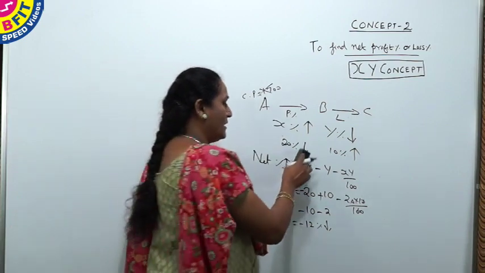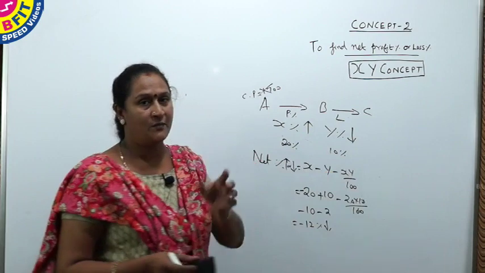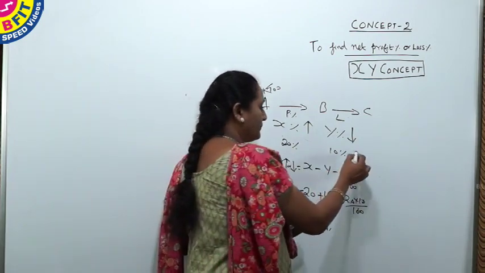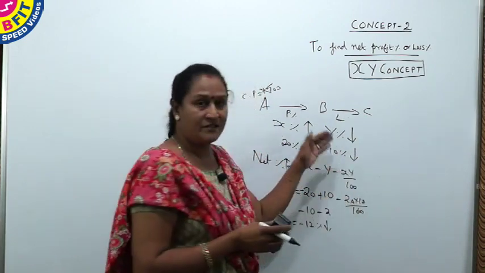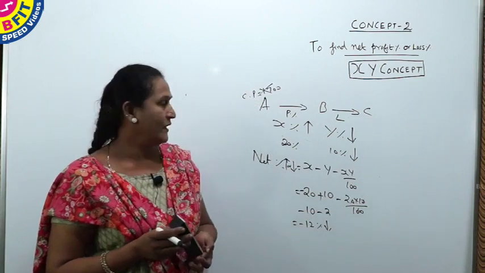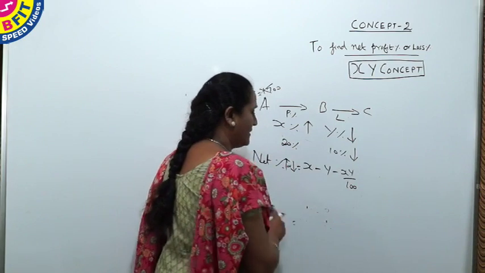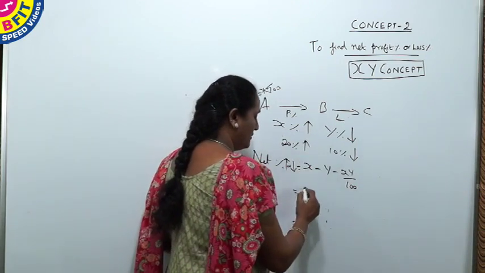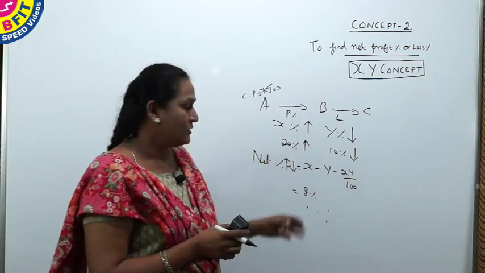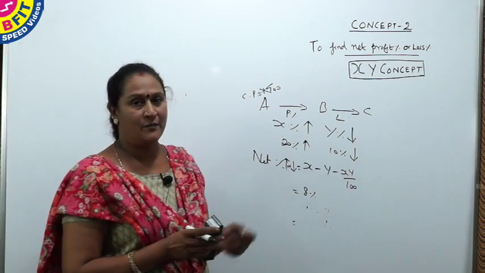So the shopkeeper increases the price by 20 and then gives discount 10, so it was an 8% profit. And sometimes they give questions like: the price decreased by 10%, and because of that sales increased by 20%. So what was the effect on revenue? The same working. We got 8 there for 20 increase and 10 decrease. So for these questions also you can work it out. The effect on revenue was 8%.